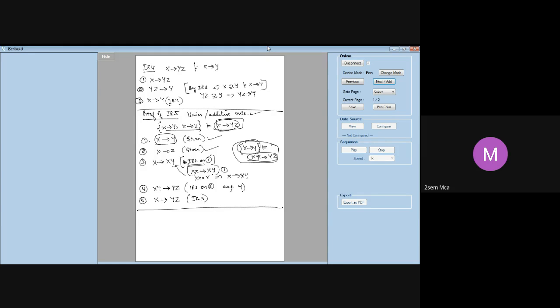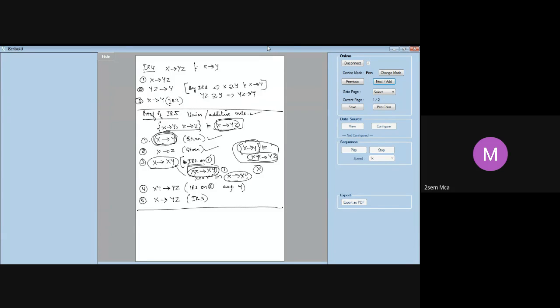Okay, so on this first one, x determines y, I am applying augmentation rule by augmenting it with x on both the sides. So if I apply x on both the sides of 1, what I will get? Xx determines xy. This is what I will get. Xx is nothing but x. So what I am left here with is x determines xy. That is what I have written here. Third step is x determines xy.